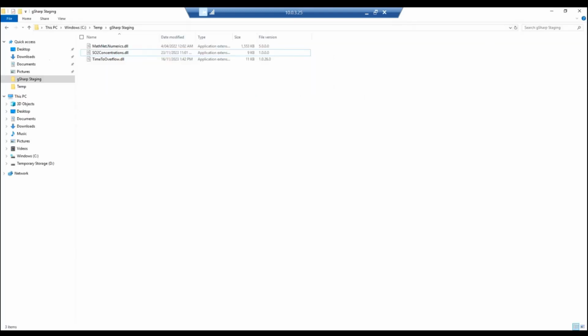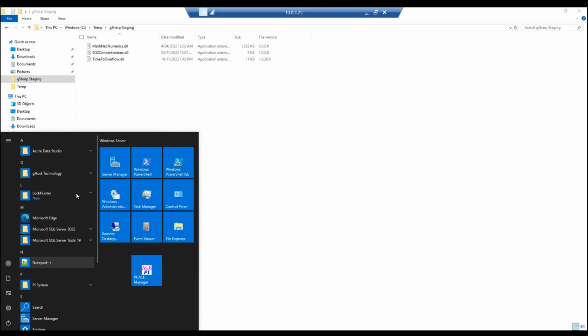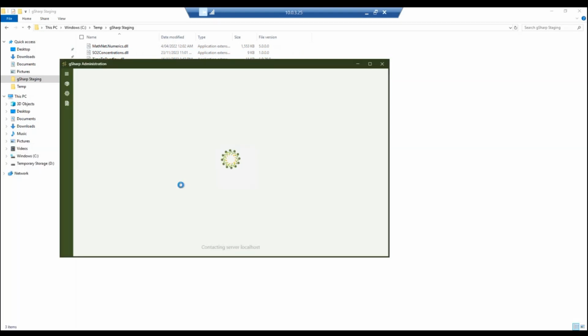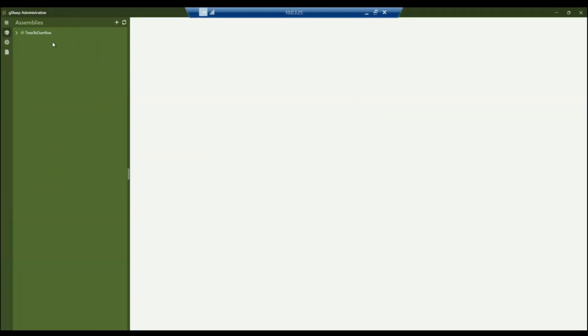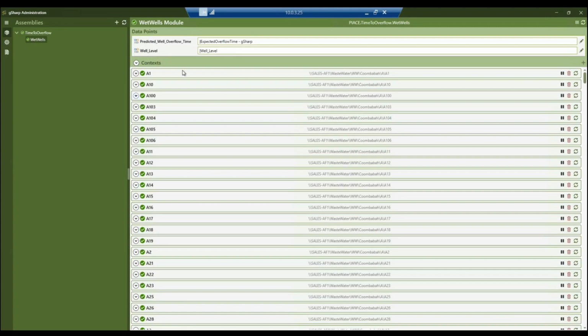What we're going to do is we'll start up the gSharp administration application. And I currently have one calculation assembly running, and that's this time to overflow. And this one has some 500 odd contexts currently running.